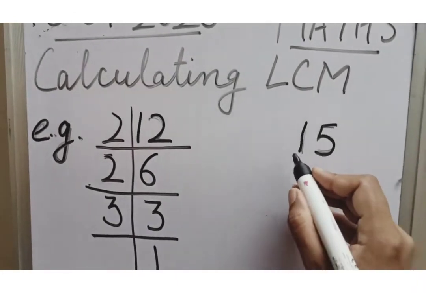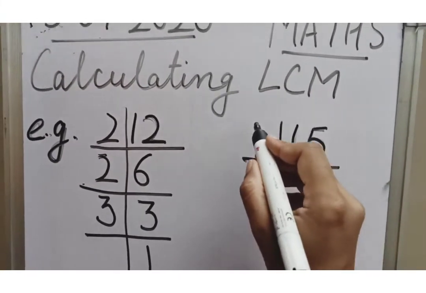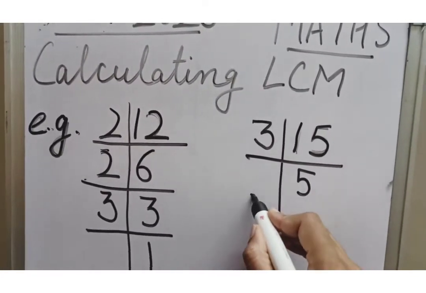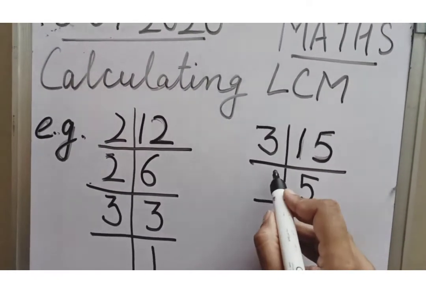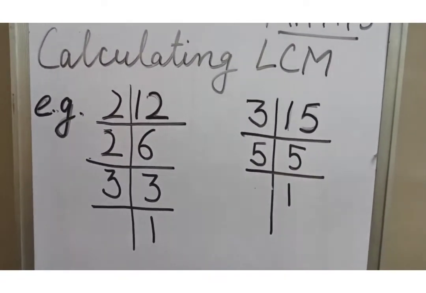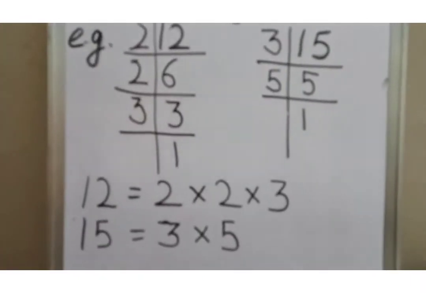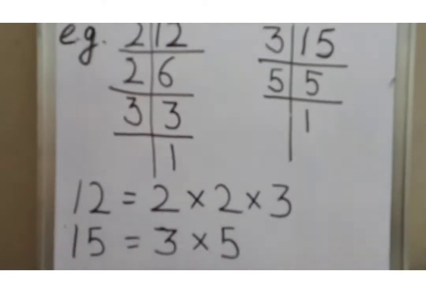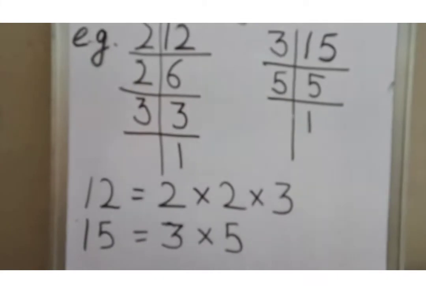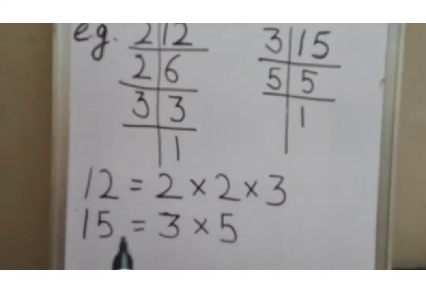The next number is 15. 15 is not divisible by 2. We will move to the next prime number, 3. 3 fives are 15. Now 5 is not divisible by 3. So we will move to the next prime number, which is 5 itself, and we get the number 1. So over here I have written the factors of 12 as 2, 2 and 3, and the factors of 15